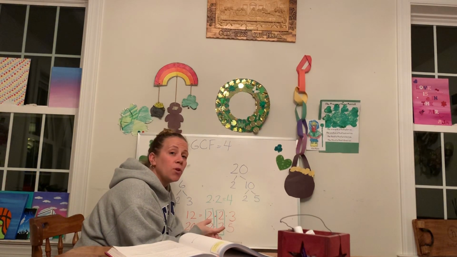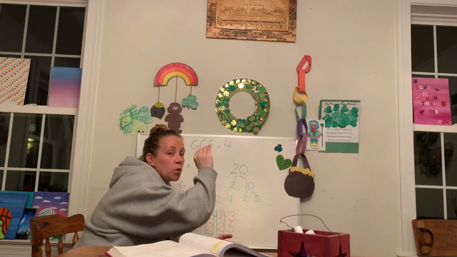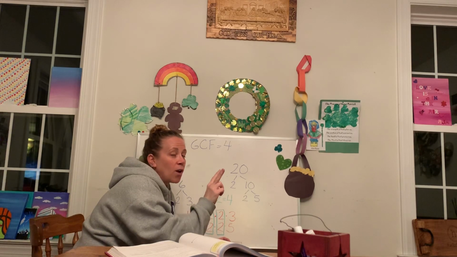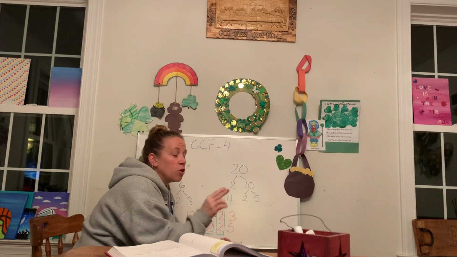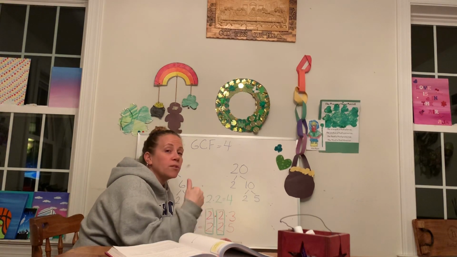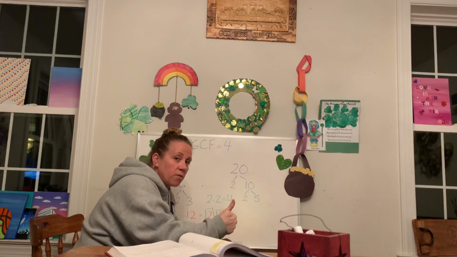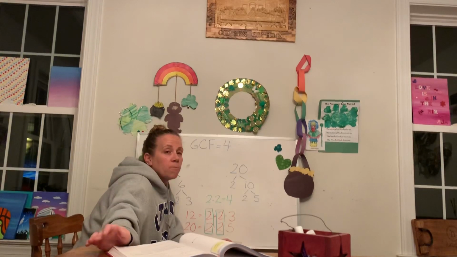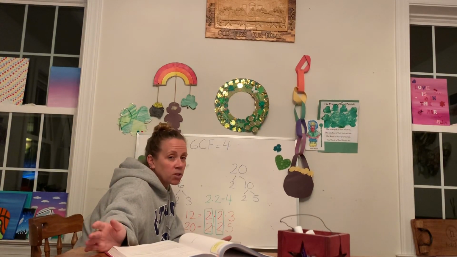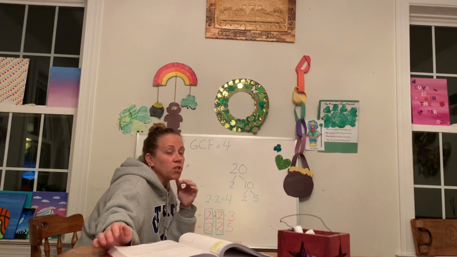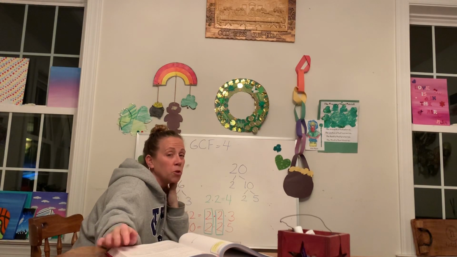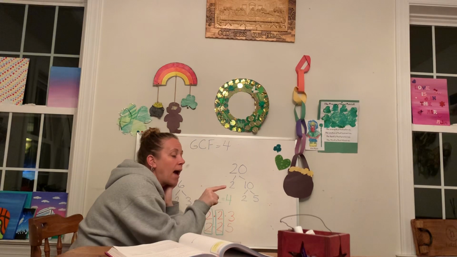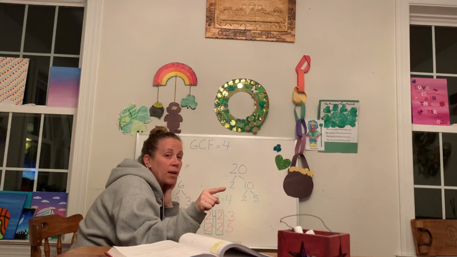And a couple of you who, as you were doing your order of operations, you started off really well, and then when you got to the second or third line, you just went from left to right, and you forgot to look for multiplication and division first, and then the addition and subtraction. So of course, parentheses and exponents come before multiplication and division, but those you guys get really well. You do those well. It's when you get down to a couple levels and you have just all operations across,